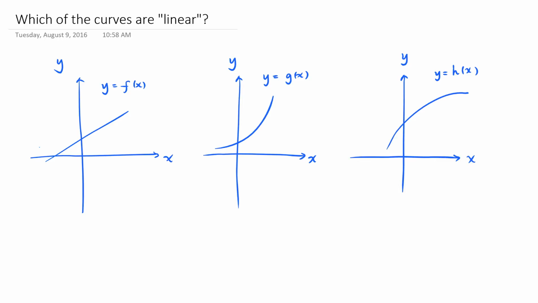For example, in the x-y plane, if I give you three curves, the curves of function f, function g, and function h, and tell you one of them is linear and the other two are not, then which one are you going to choose? You're probably going to choose the curve of y equal to f of x because that curve is a straight